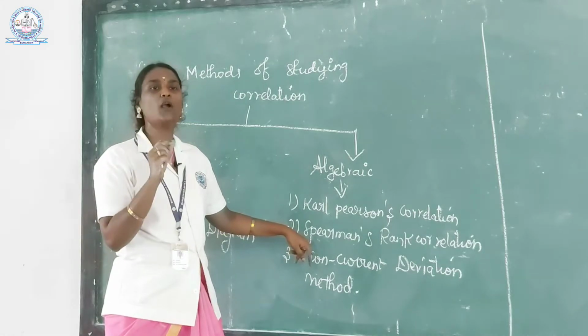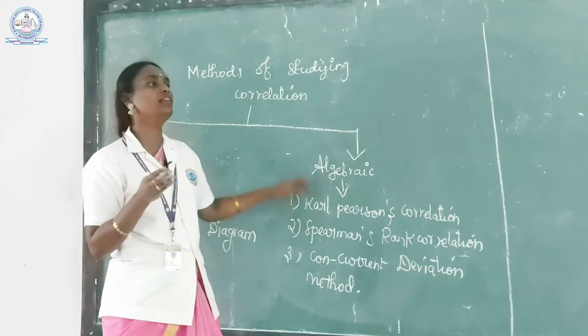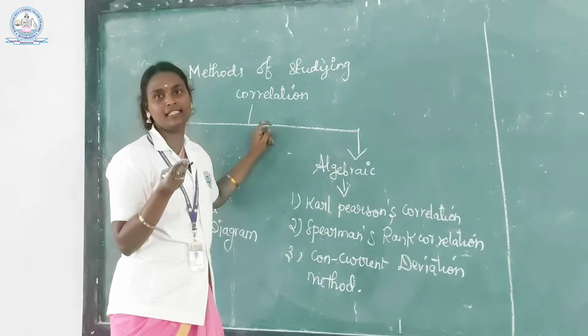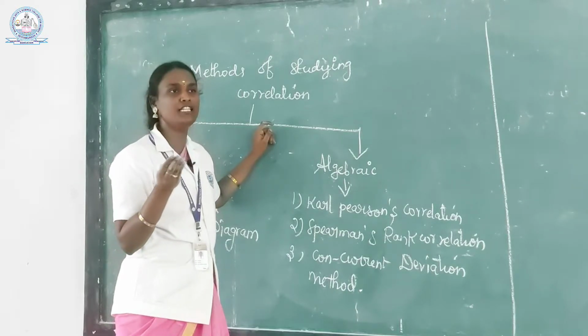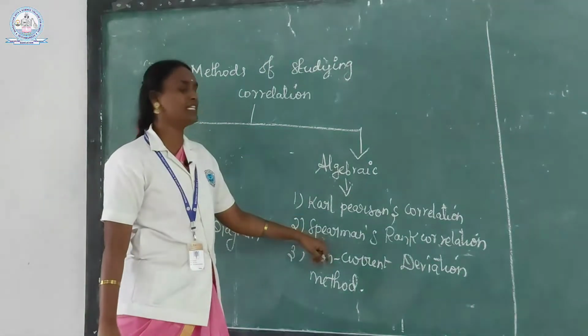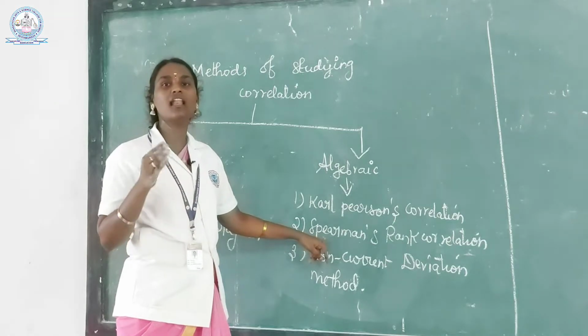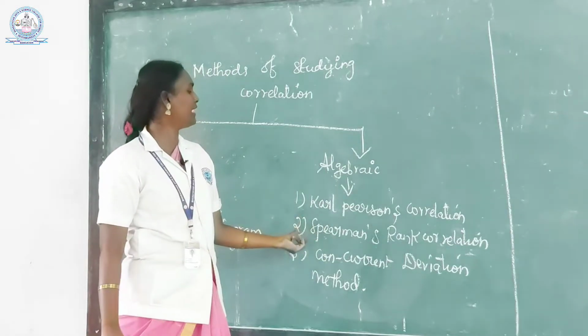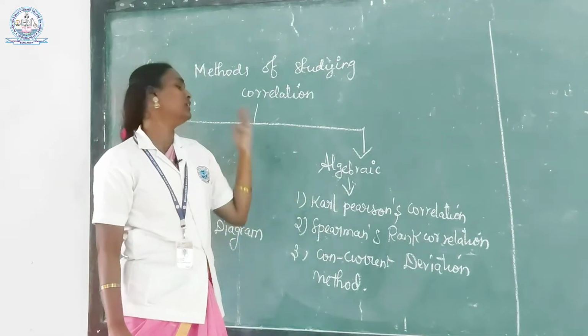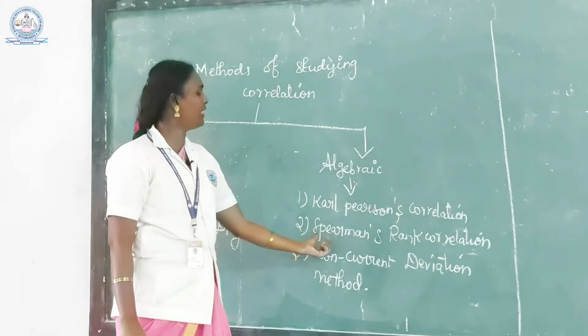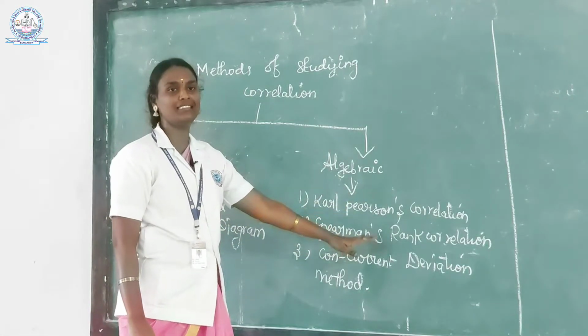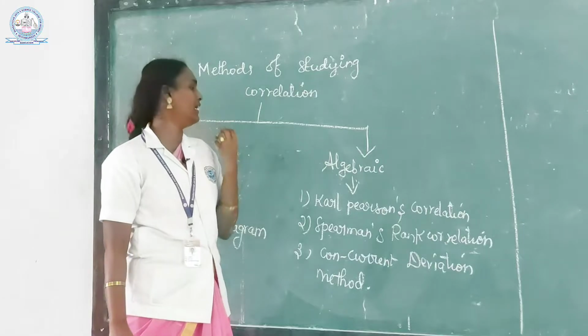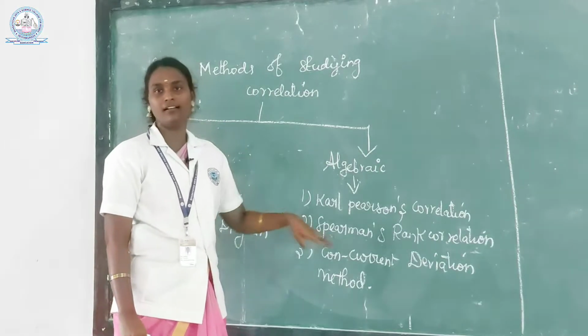Qualitative data means not measurable data. For example, beauty of a person, character of a person, these data are called qualitative data. Qualitative data are not measurable. So we can use ranks for the data. That's why Spearman's rank correlation is named so, as only ranks are considered in the data.